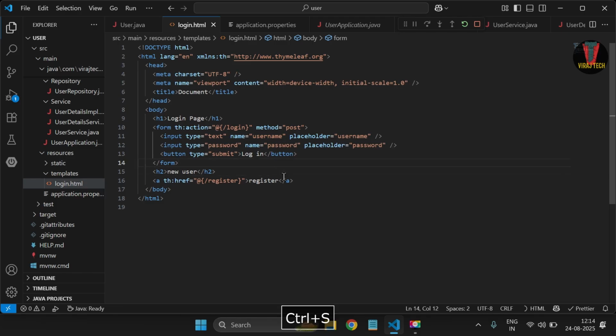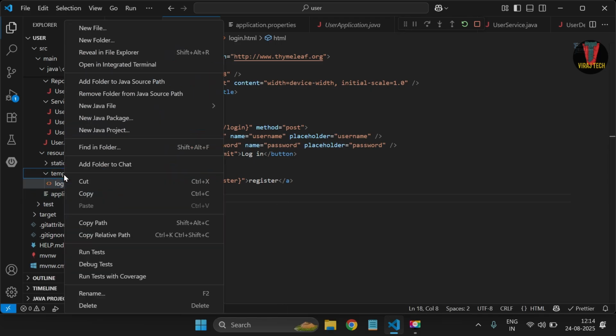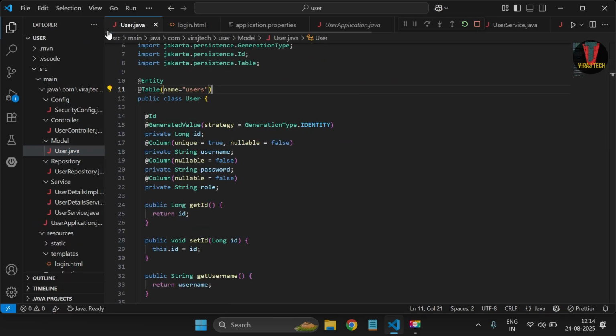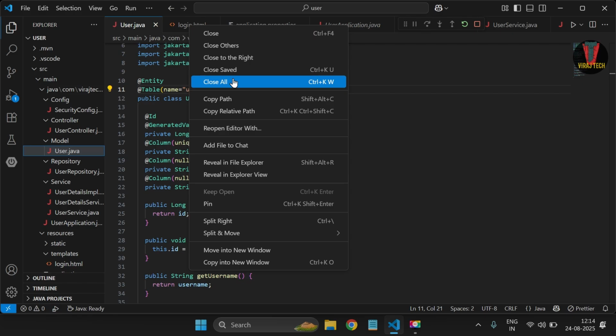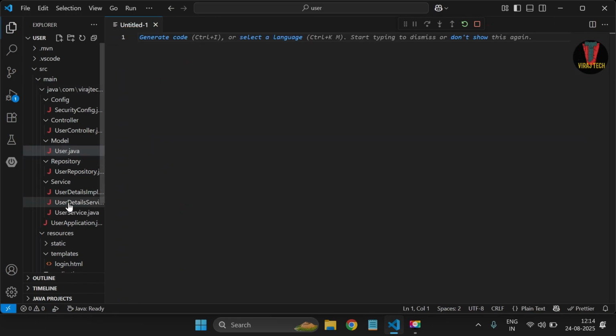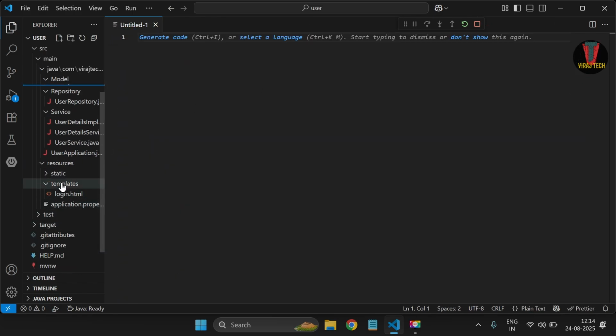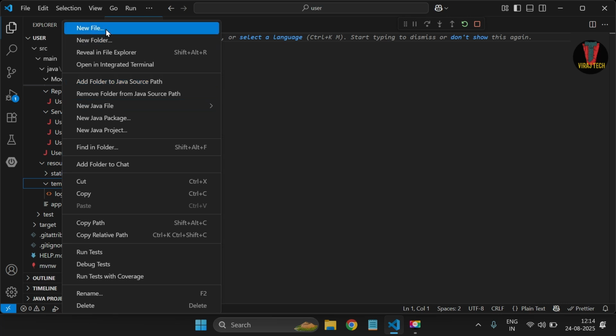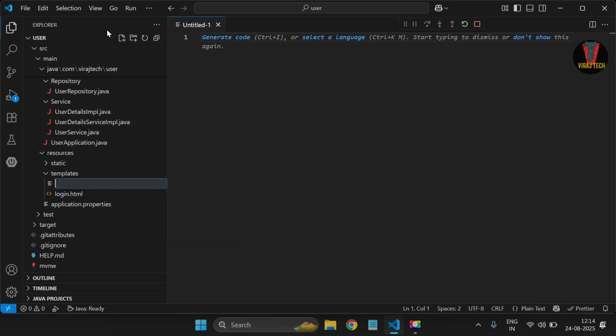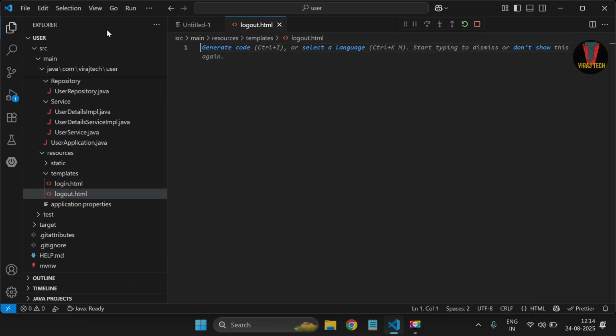Save this and let us copy this. We will again click on template. Let's close all. Now again right click on template folder, new file, logout.html, paste,